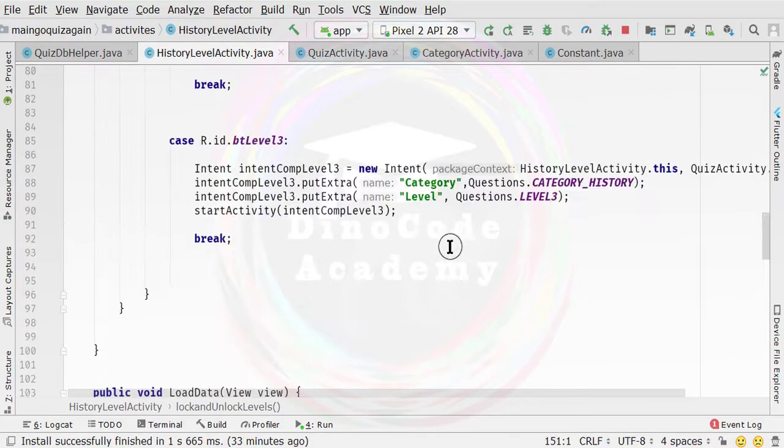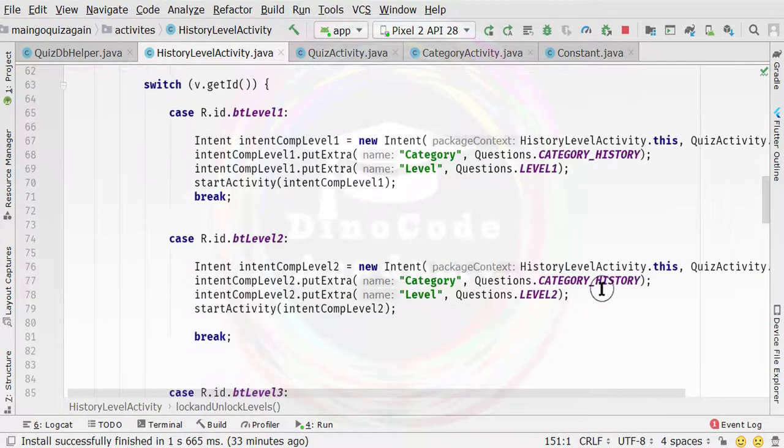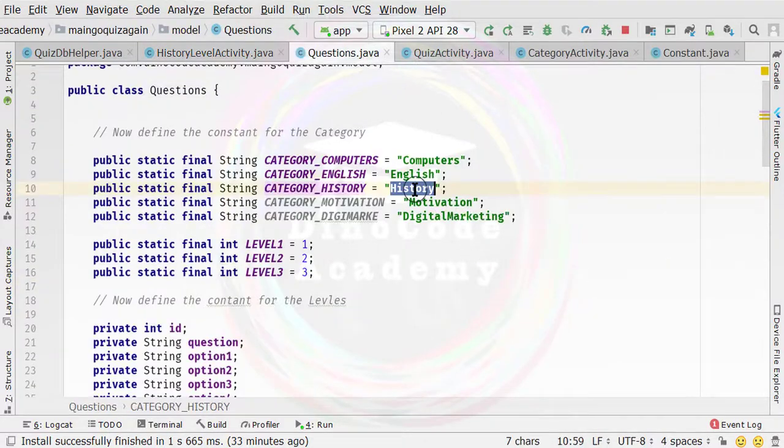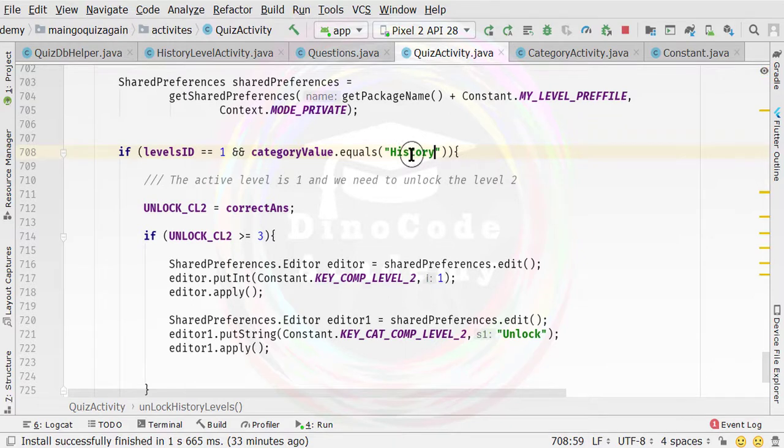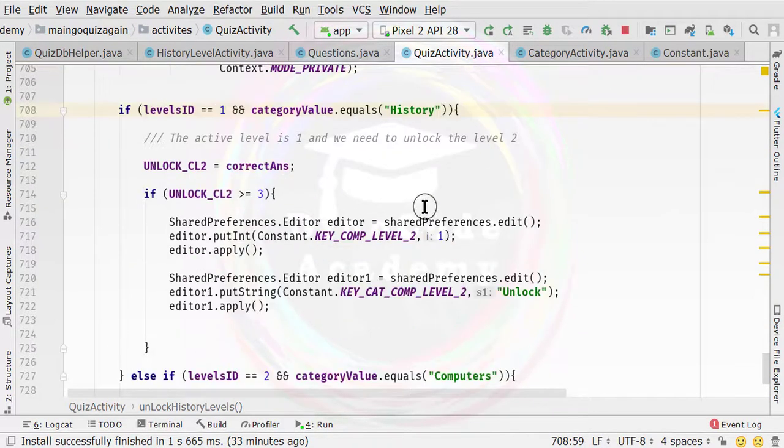and make sure we are passing the correct history spelling. So again I'm going to open this history activity. So this is the category history, the constant. I'm going to copy the spellings from here so that I don't make any typo. So this is the history. So if the level ID is 1, then the history, so the active level is 1